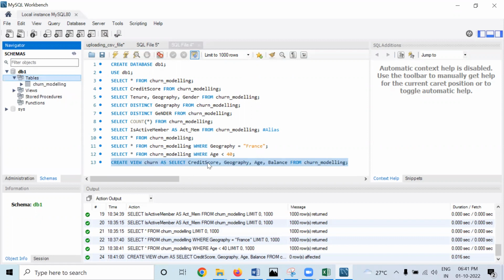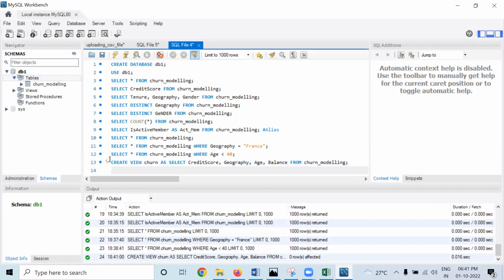Yeah. Now you can check out. If you go through the statement select star from churn, you can get the new table. This is the table name only, churn. This is our existing table, that is churn modeling. This is the new table that we have made, right? Now let us check out